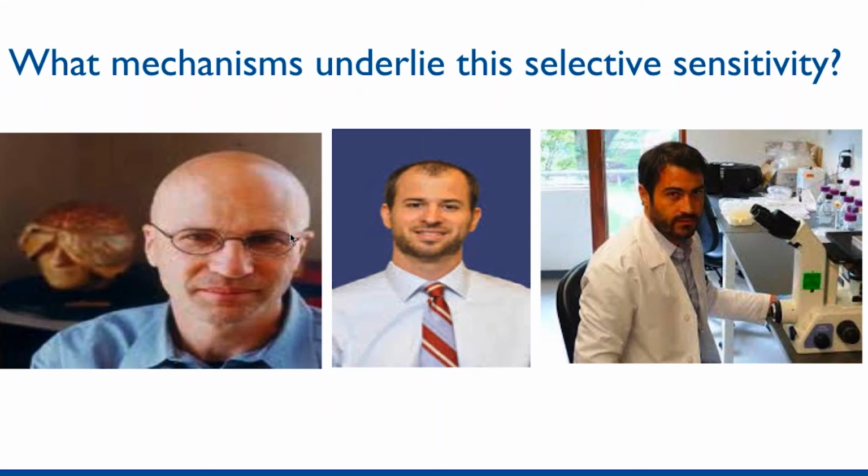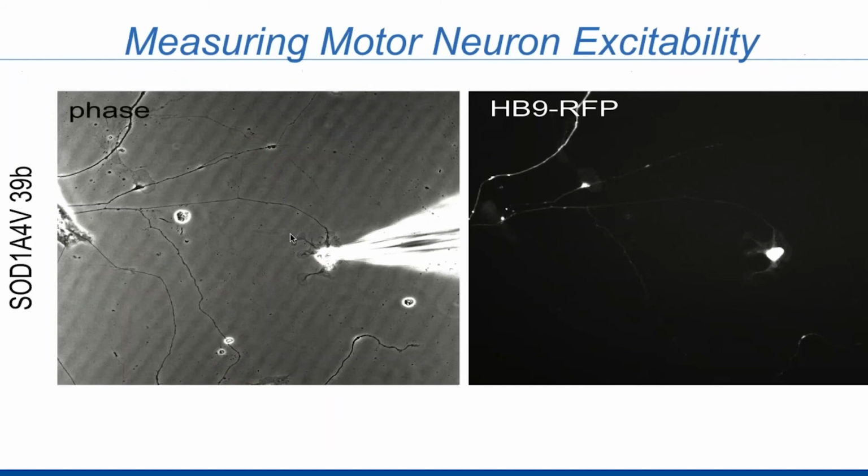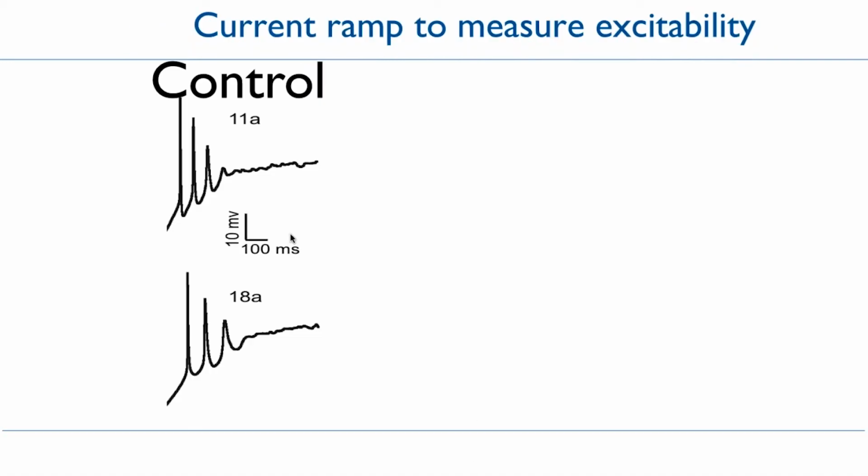And one of the things that they became fascinated with was the possibility that changes in the fundamental electrophysiology of these neurons might actually contribute to their differential sensitivity to time and culture. And we came to this conclusion based on a couple of observations that came very early on from some of the first patch clamp experiments that we did in these cultured motor neurons. So here you can see Brian patching one of these HB9, in this case RFP, labeled motor neurons in culture.